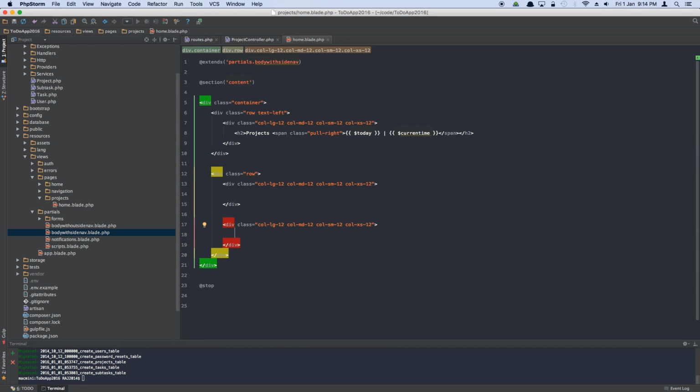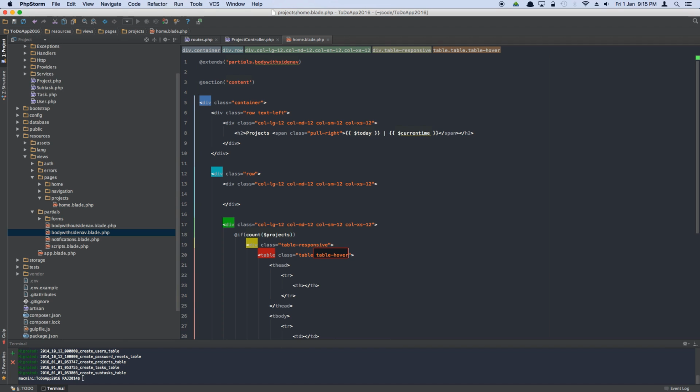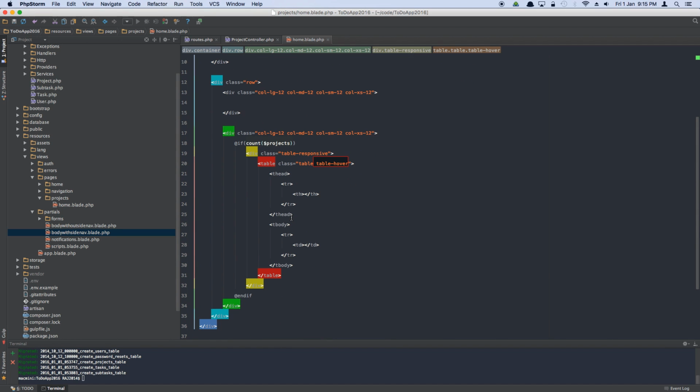And this table only works if we're going to pass in all projects created by this user, and if the count of projects as a variable, which is Blade templating style, if the count is okay, and I'm going to end the count here. If the count is okay, I would like to create a table. So let's go to Bootstrap table, and I want a responsive table,